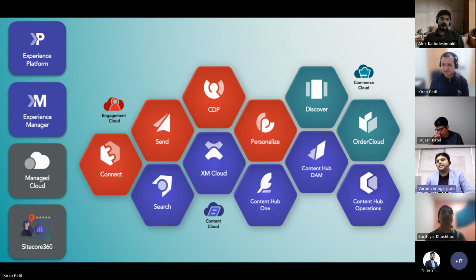Yes, that is correct. Because it's a SaaS product, the idea or thought process here is that your presentation is not tightly coupled with your content. So your head is separated out as a part of the XM Cloud solution. Your content stays there, and then it is accessed using the GraphQL services onto your Next.js application, which can then be deployed either on Vercel or Netlify or even any other, maybe Azure Static Apps if required. Of course, the ones generally suggested are Vercel or Netlify because Sitecore partners with them.